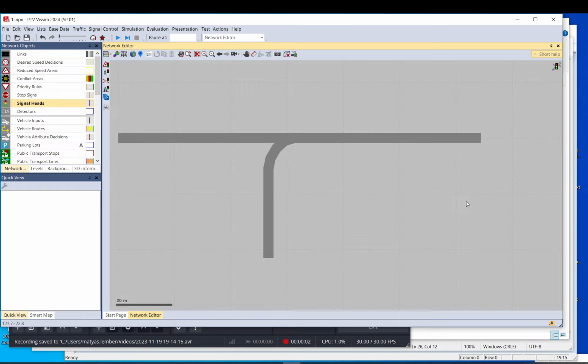Hi everyone. Today's video is about VISVAP and VAP. This is the second episode. In the previous one we discussed the structure of the files and the connections to Vissim, what is VAP, what is VISVAP. In this one we will try to do a very simple program